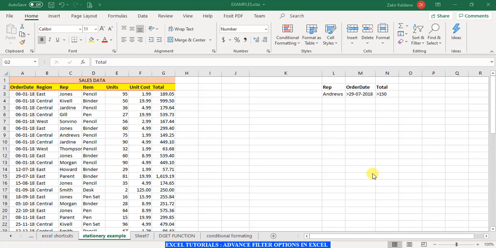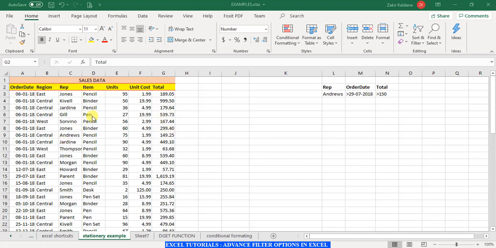In today's session we will take a look at how to use Excel's advanced filter options. Most of us are aware of how to use the filter options in Excel, and if you are not, please take a look at one of our previous tutorials where we have already explained how to filter data in Excel. Today we will take a look at Excel's advanced filter options, which hardly a few people know about. Most of us never use this, and these options are really useful. So let us see how to use these options practically.